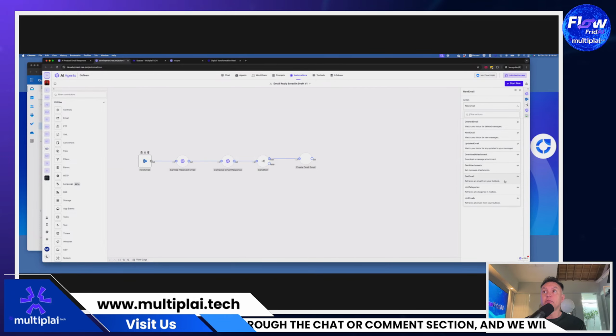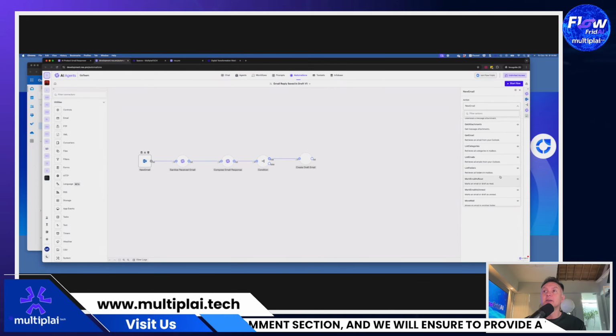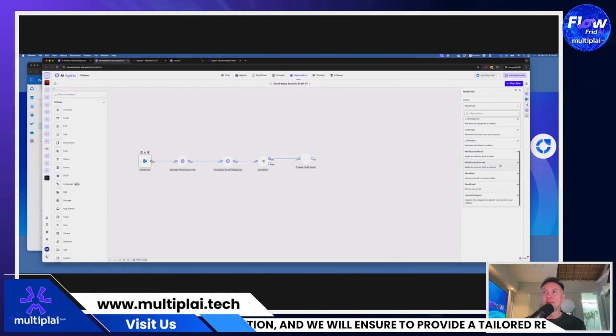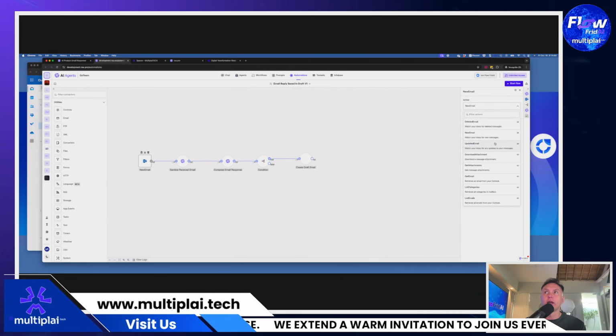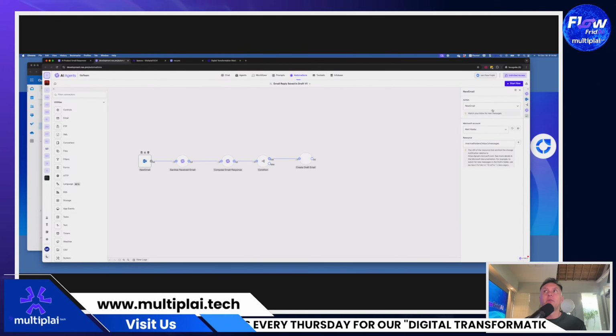Email, retrieves an email from Outlook, list categories, list emails, list folders, mark email as read, mark email as unread, move mail to another folder, send email to a new email, and then update a category as well. So all these different steps, or actions, we might take as a human on Microsoft Outlook can be done here inside. Now, there's even more steps that can be done with Outlook because their API is quite